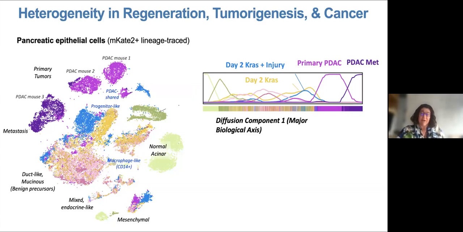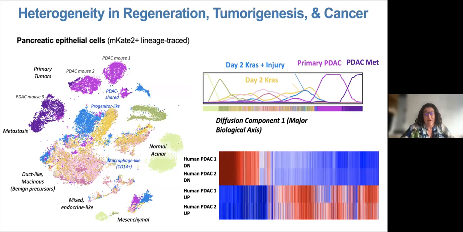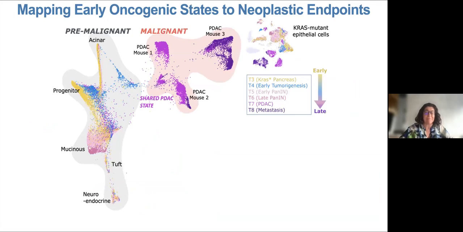And before delving and going crazy studying a mouse model, you want to really get your bearings and get some common sense comparison to convince yourself that this somehow matches human. So we actually collected a couple PDAC from the clinic. And here again, these were enriched for epithelial cells, so we could really capture the epithelial cells quite well. And we could see that even in PDAC, this sort of progression matched.